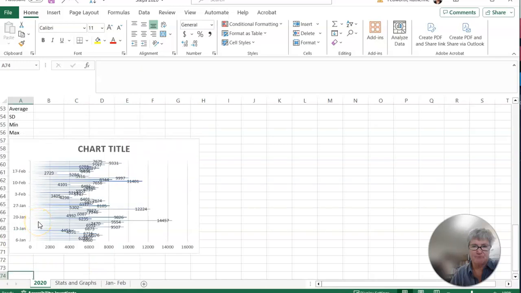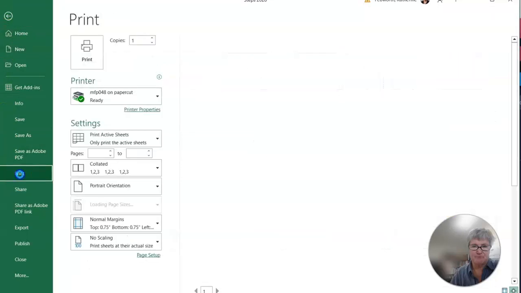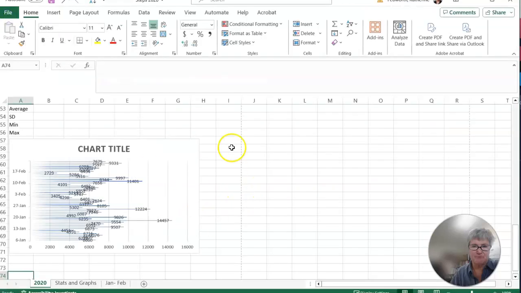And then when I upload this, if I change it into a PDF, I want to make sure that the lines don't get cut. So I'm not going to print, but I'm just going to come in and print preview. And right now, it looks like my chart is not cut off, which would be good as I turn it into a PDF.